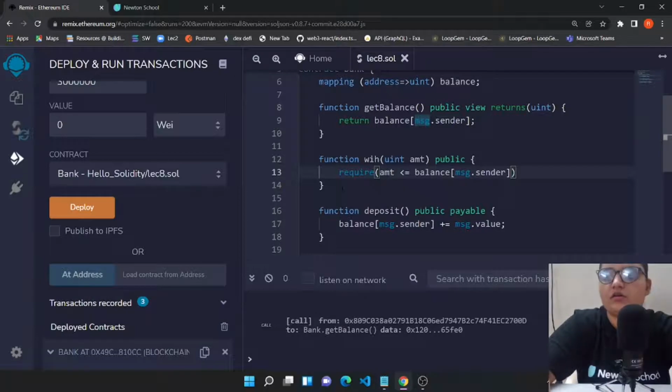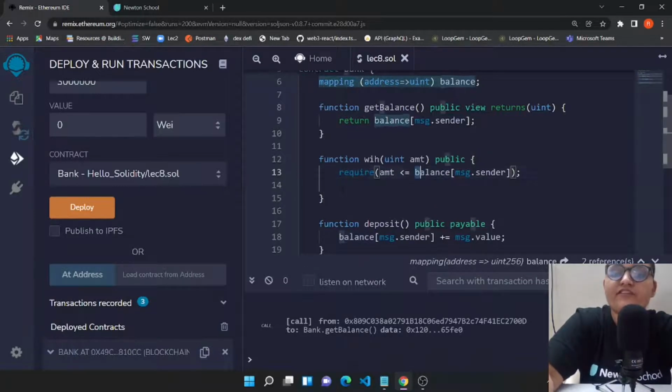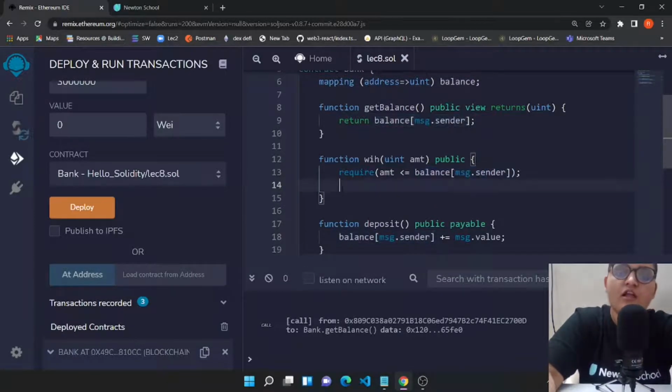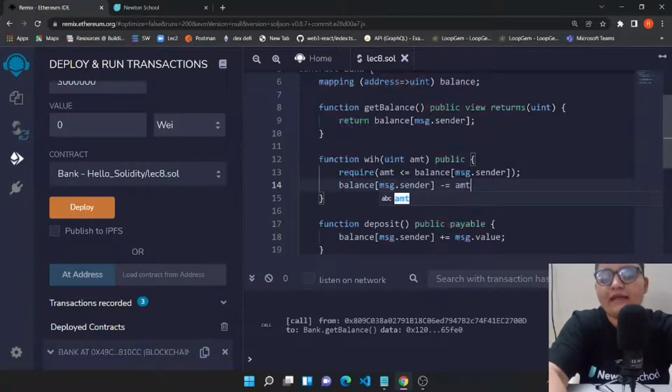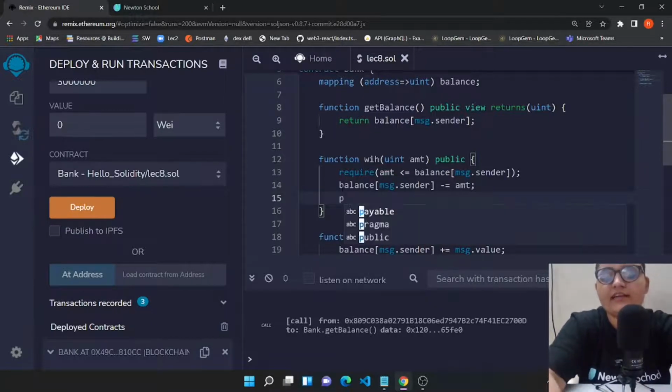our bank account, right? Now this is the require function, and if it executes nicely and everything is fine, and we have moved to the next step of the function, then first of all we need to subtract the amount from the balance. This is a uint. We need to deduct the amount from our balance, because we are transferring those amounts to someone else or to our own wallet. And second, we will be sending some ethers.